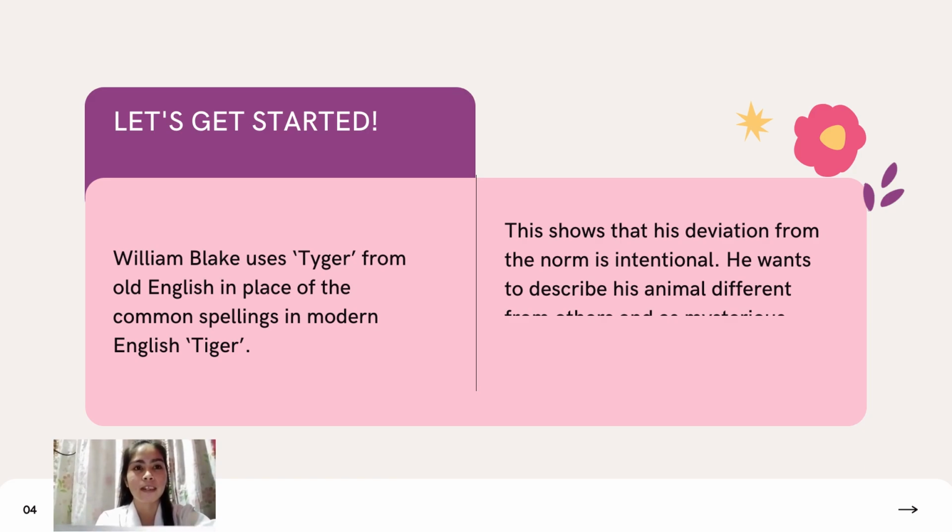This shows that his deviation from norm is intentional. He wants to describe his animal different from others, and thus mysterious too. Mysterious in a sense that past is always full of mysteries. In this case, while